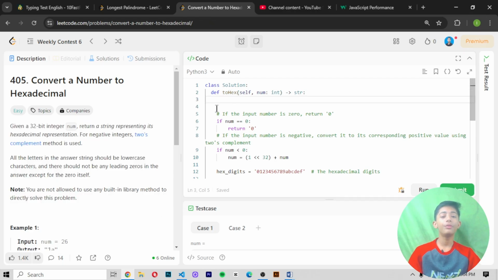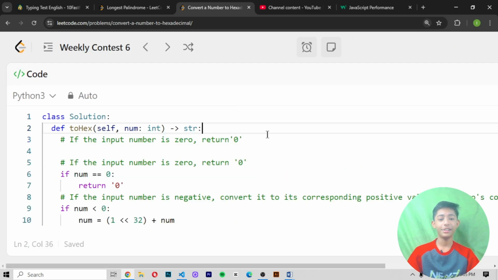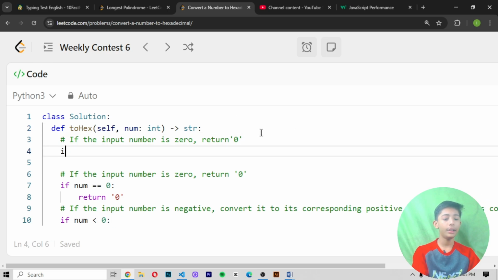First of all, we create a comment. In this comment we write: if the input number is 0, return 0. Let me pick the code because my eyesight is weak. In this fourth line, I write an if statement in which I write num equal to 0.